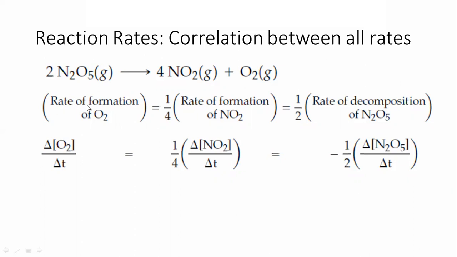So that means you already know rate is the change in concentration per unit time. This is the delta, the change in concentration. This bracket indicates it is the concentration. And what is this? This is the oxygen, inside the bracket. So this is the change in concentration of the oxygen with respect to change in time. This is the delta t, that is the change in time.